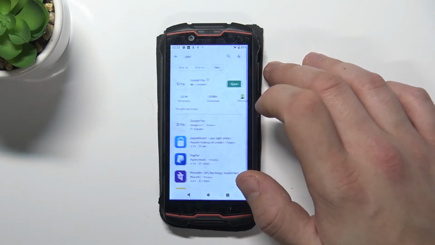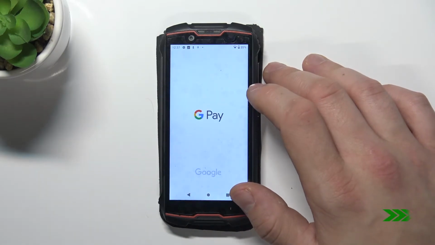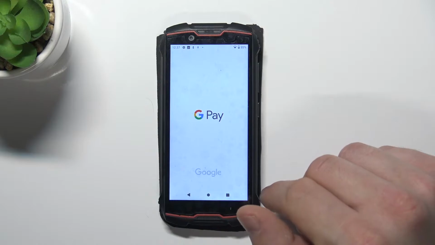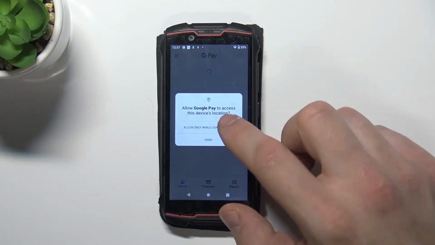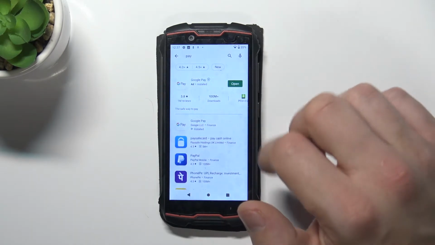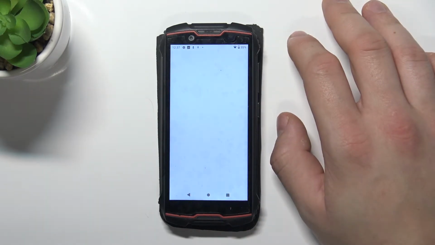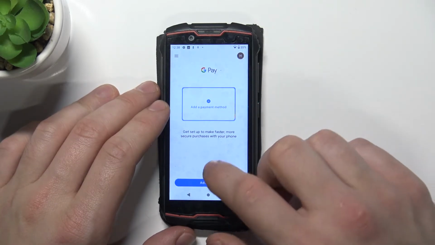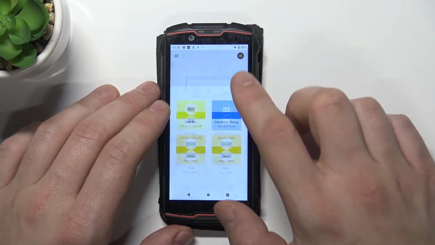And now enter it. Tap Get Started. And reset the app, because interface has changed. Okay, this is the homepage of Google Pay. Now tap on blue button at the bottom of the screen